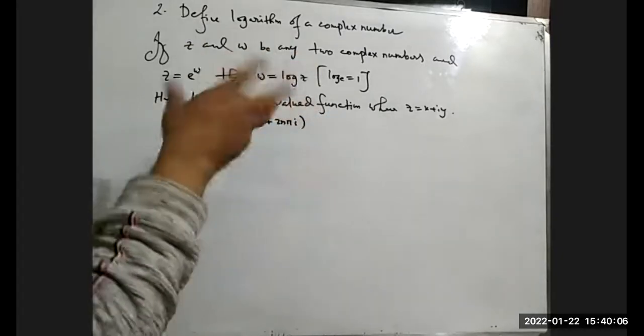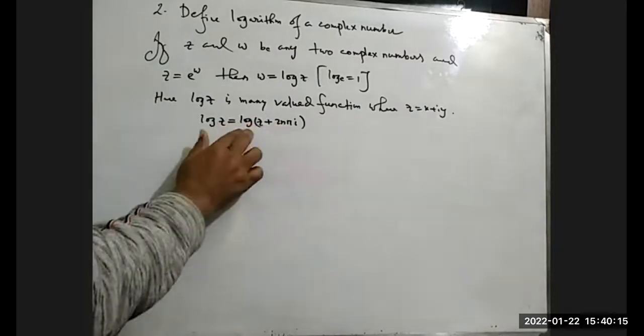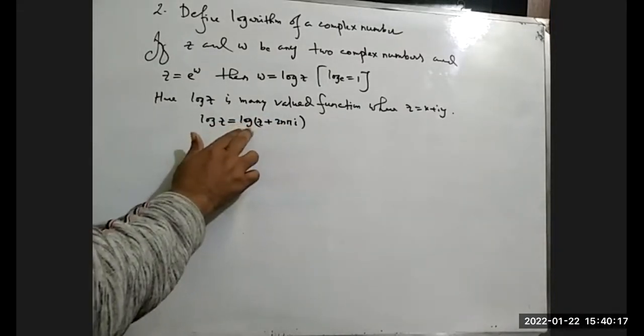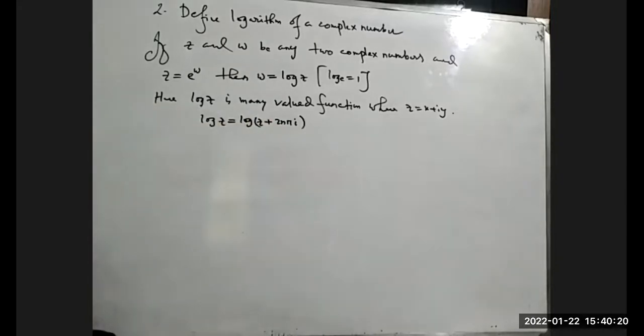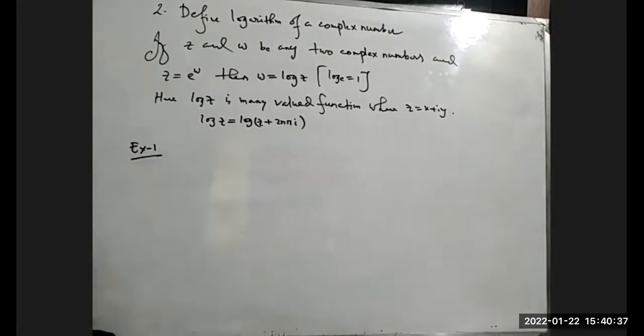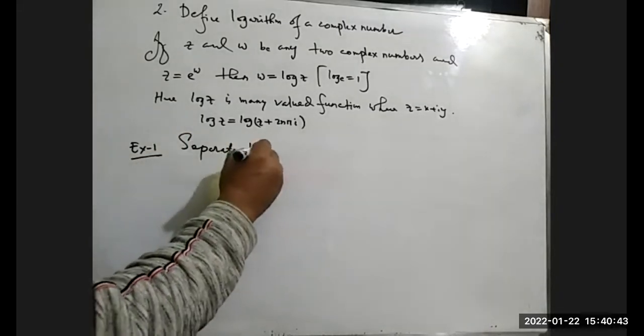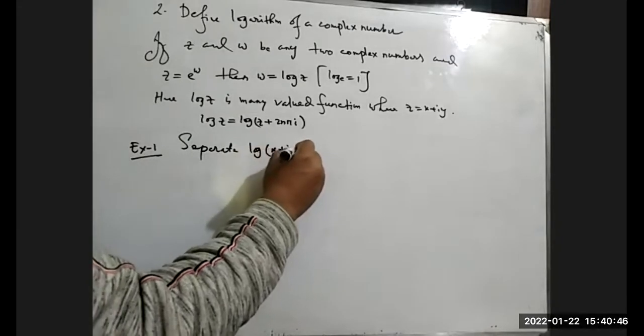Twice pi means it is actually a periodic function. For this periodic function, we can represent this z for different values of n, and we get this log z value. So log z can be represented as log z plus twice n pi i. We can give an example for that. For example, we can separate log of x plus iy